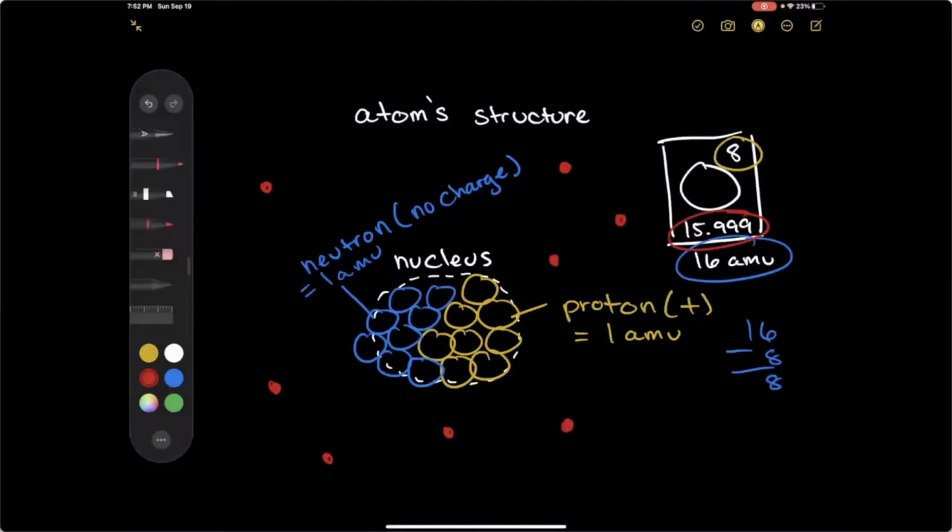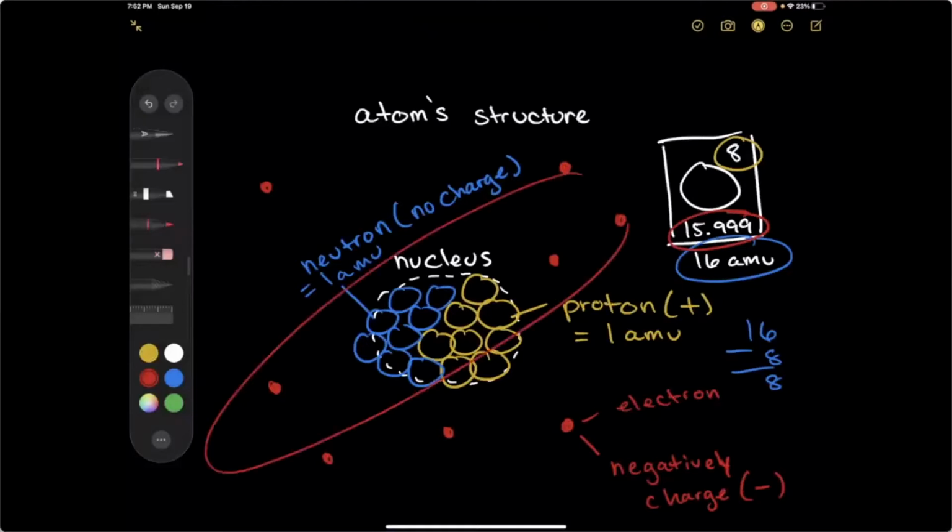However, they are negatively charged. And what keeps them away from the nucleus is that charge. You have positively charged particles in the nucleus that are repelling away the electrons, and they're flying at super high speeds